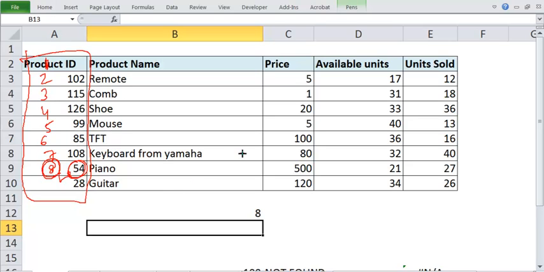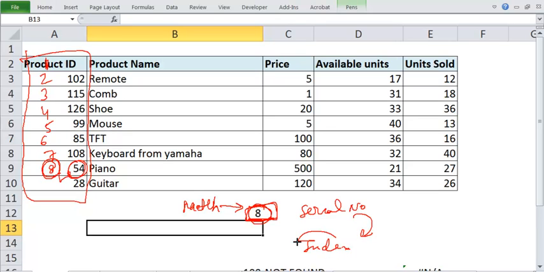Through what? Through index. So first we have used match. Match produces an index value, the serial number. That serial number will be fed in index and we will be able to get the product ID or whatever is the value of the row. That is what we are interested in.